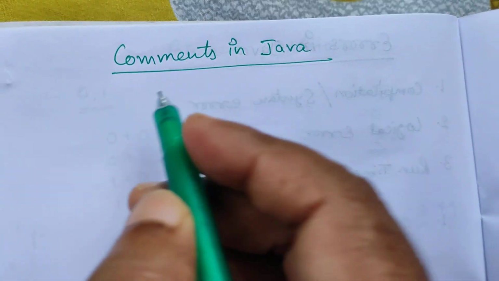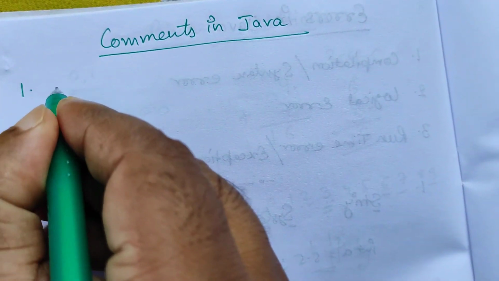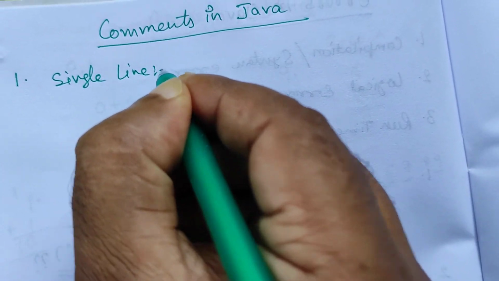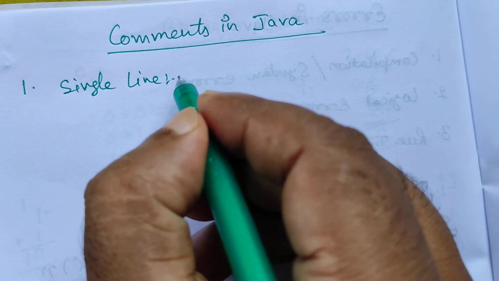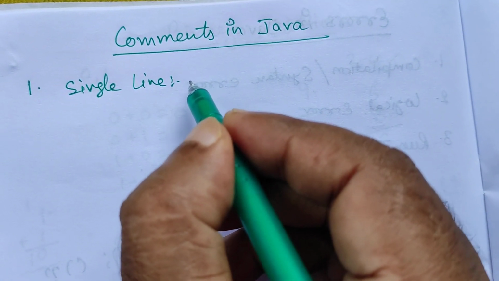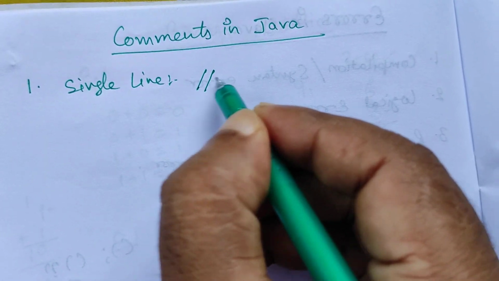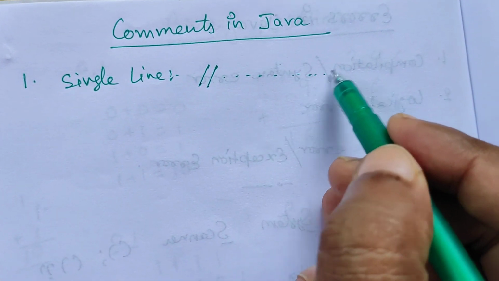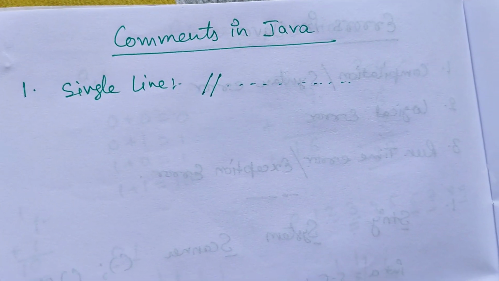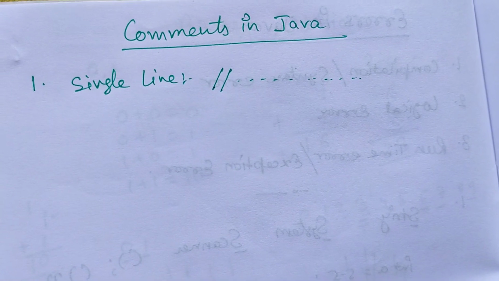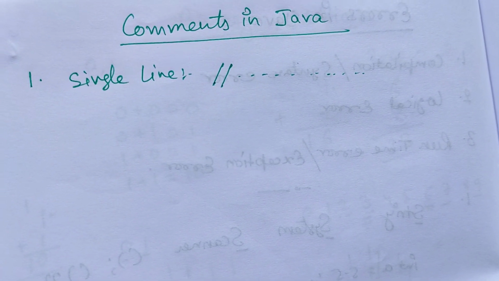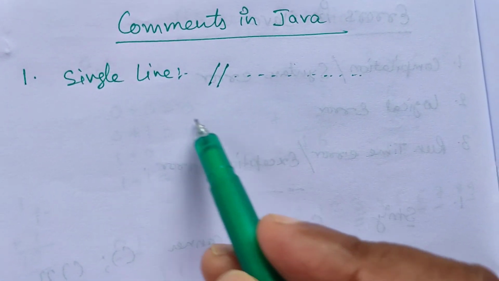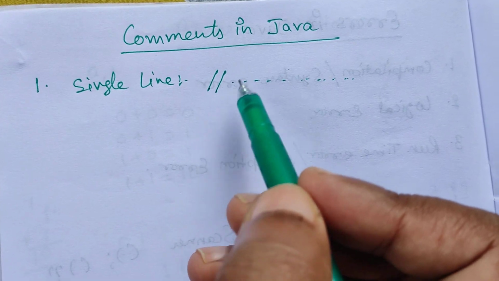Now comments in Java. We have three types of comments. First is the single line comment. If you have a single line comment, then you can use double slash like this. After writing this, whatever you write will show in your program, meaning the programmer can see it, but it will not execute. Comments are things that will never execute in a program. The compiler will never touch this. Okay, so that is called a single line comment.